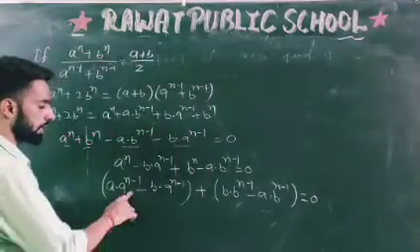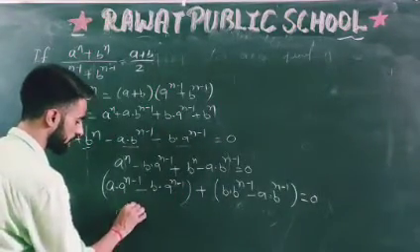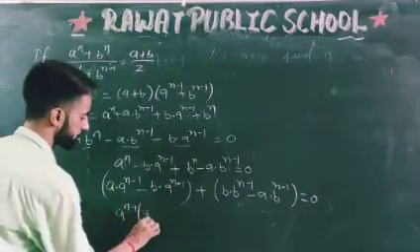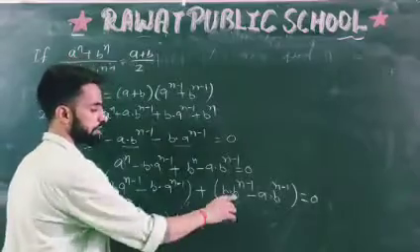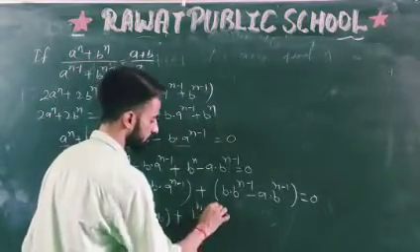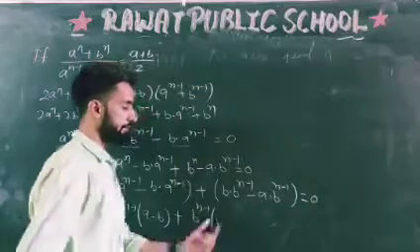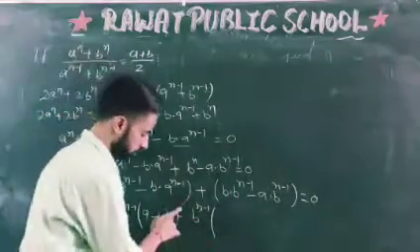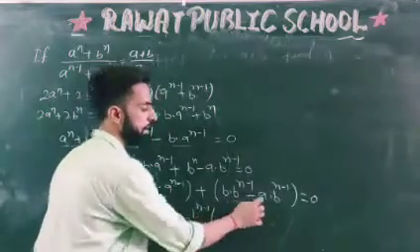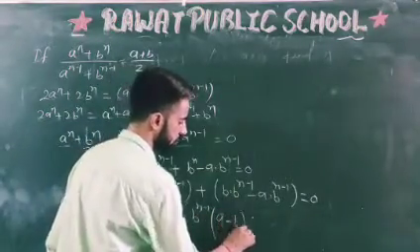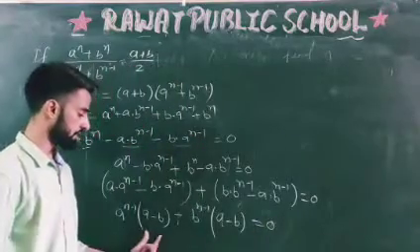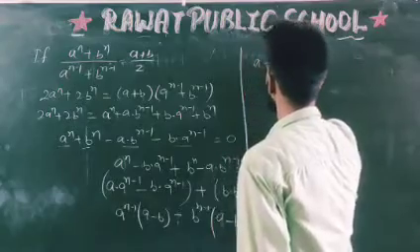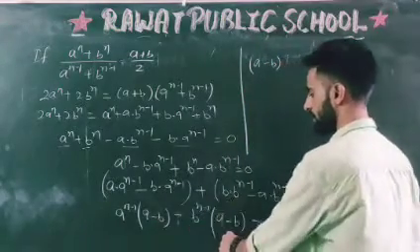Now a^(n-1) can be the common here. What is left? a minus b. Now here b^(n-1) is the common. What is left? b minus a. This is b minus a and this is a minus b. So I can take minus common here. So I am taking minus outside, and this b minus a will become a minus b. Now you can see a minus b, a minus b are the same terms. So taking a minus b common from here,